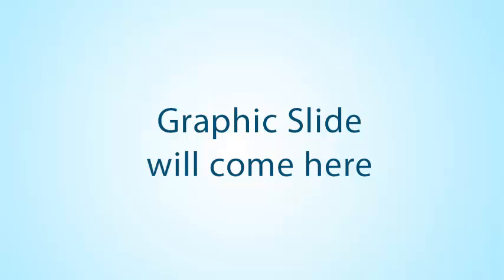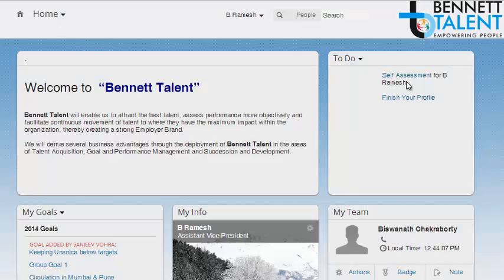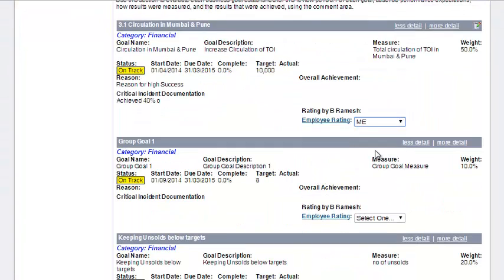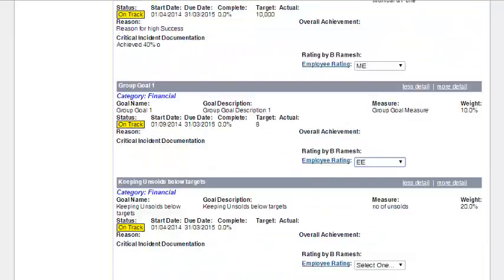Self-assessment. Self-assessment stage enables you to capture achievements and assess your performance with respect to goals, business behaviors, and behavioral competencies. You would receive an email notification when self-assessment is launched for all employees. You can access your form by clicking on the link on your homepage in the to-do list. Once you have completed assigning ratings to your goals, you are required to further assess and rate yourself on business